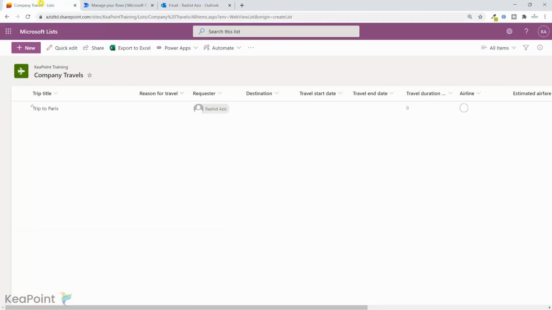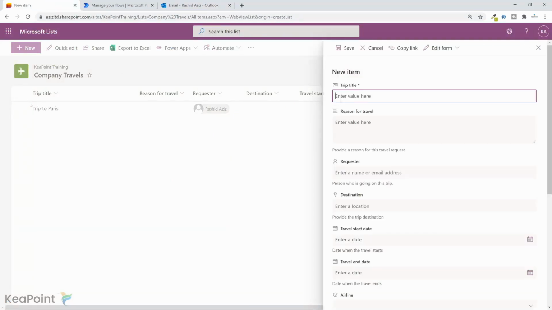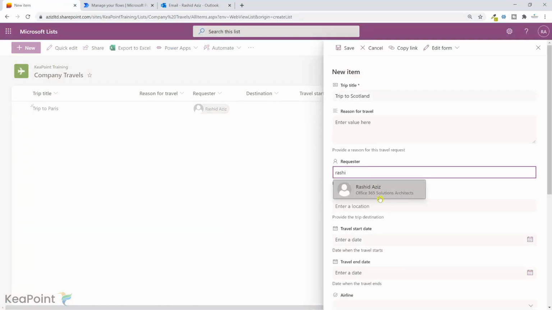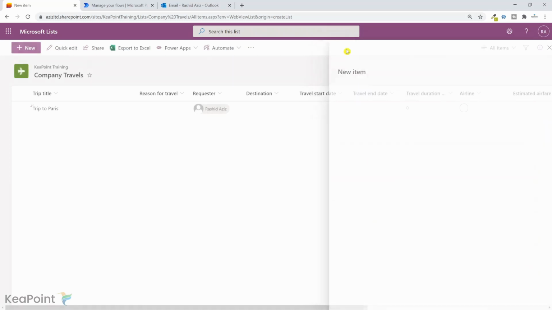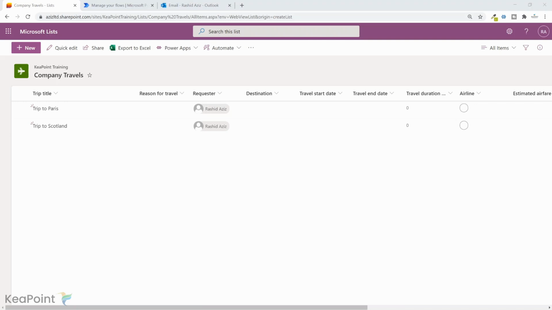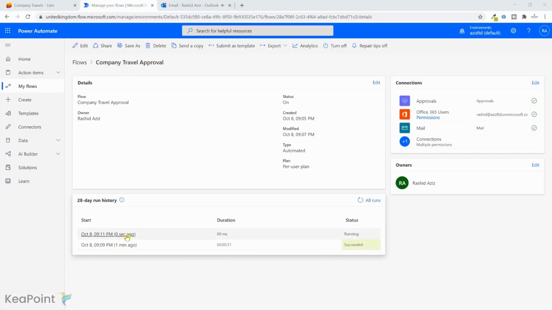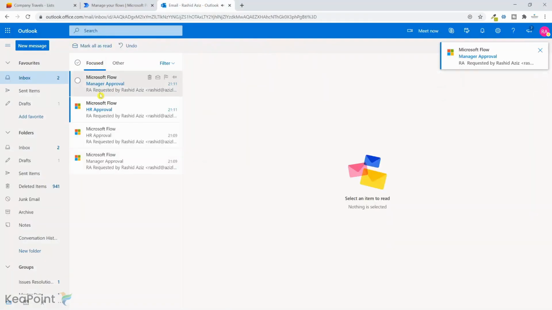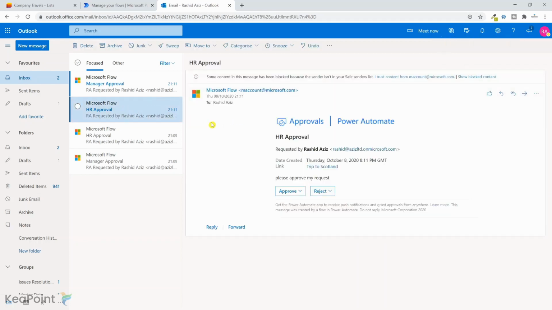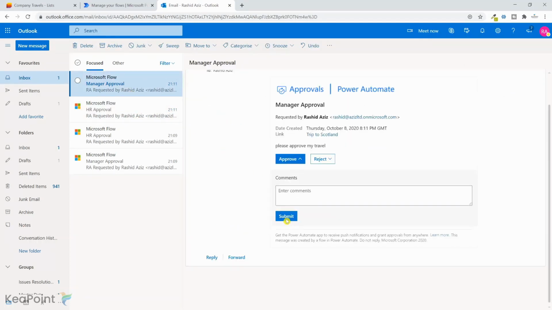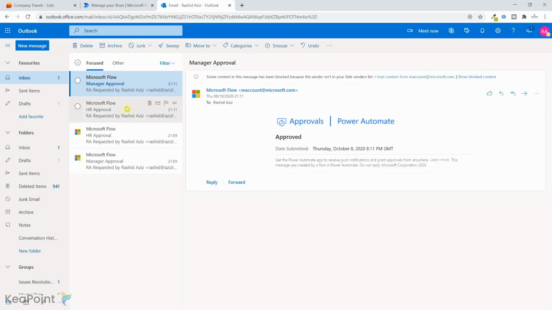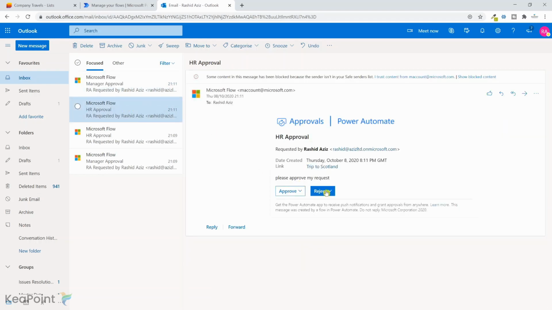Now if I go back and create another record in there, click on new, call it trip to Scotland, and requester is myself, and click save. Now this should trigger another workflow process for this record, and this time I'm going to reject as an HR admin. Now the workflow is started for the second request. I'll click on my email, on the focused one. I can see two approvals, one is HR and one is from manager. So if I just approve the manager side and then come back on the HR side and reject that one,